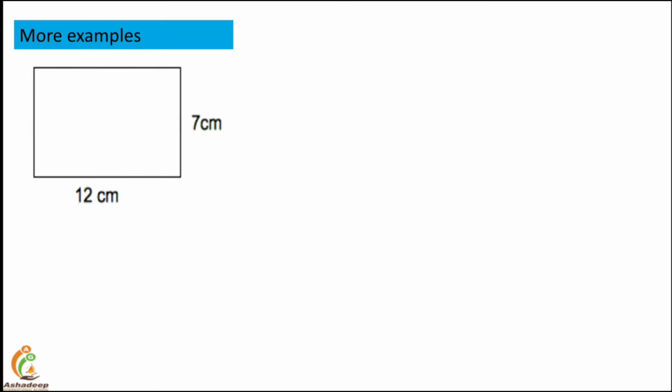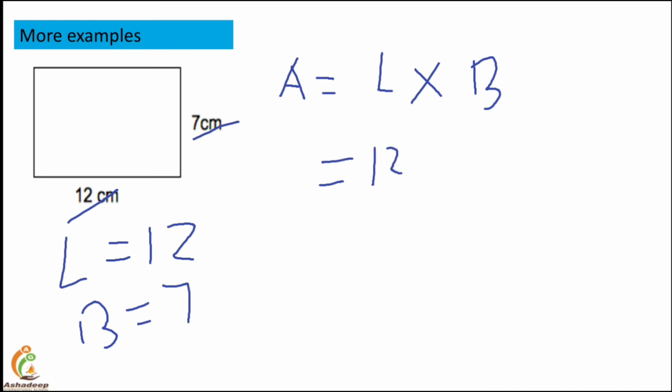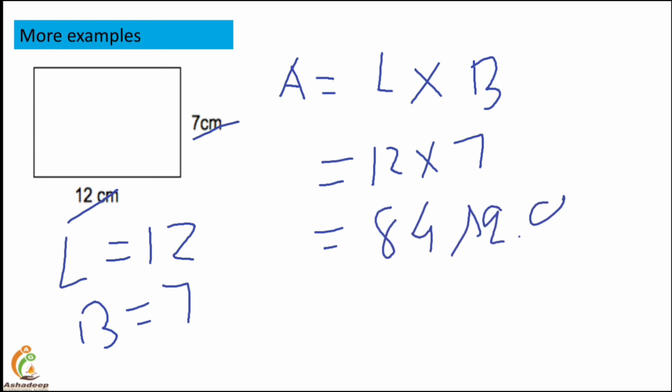Some more examples, this I'll do with your own help. For example, 12 and 7 are given, so students, length will be 12 centimeter and breadth will be 7 centimeter. What we do is, we first of all write the formula of a rectangle, because length and breadth are given, so it will be area of a rectangle. So length multiplied by breadth will be written. 12 will be multiplied with 7. So 12 sevens are 84 square centimeter, which is our answer.